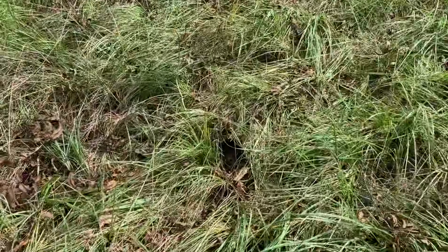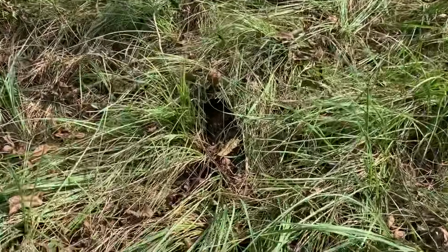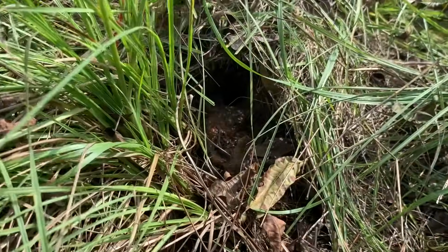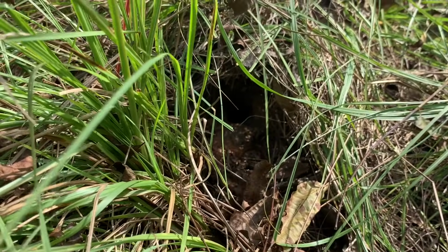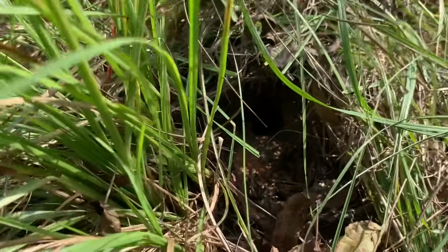I noticed there was a hole right here. Of course, I went on my way because the bees were after me, but I came back and checked on it to see what it was. And sure enough, it's a yellow jacket nest. Not a ton of activity right now, but I guess they come and go in waves. If you can see the hole down in there,